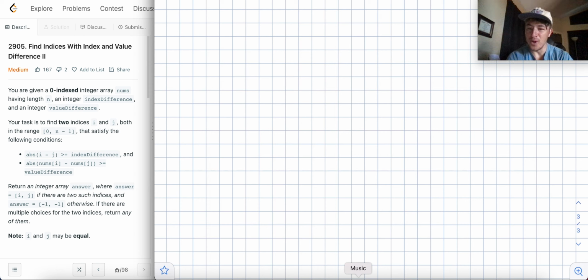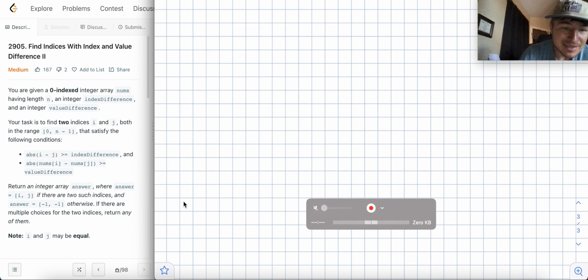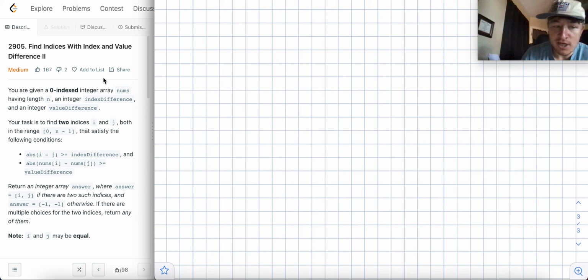When I see a new problem, you know what I do. This is 2905, Find Indices With Index and Value Difference II. All right. So you are given a 0-indexed integer array nums having length n, an integer indexDifference, and